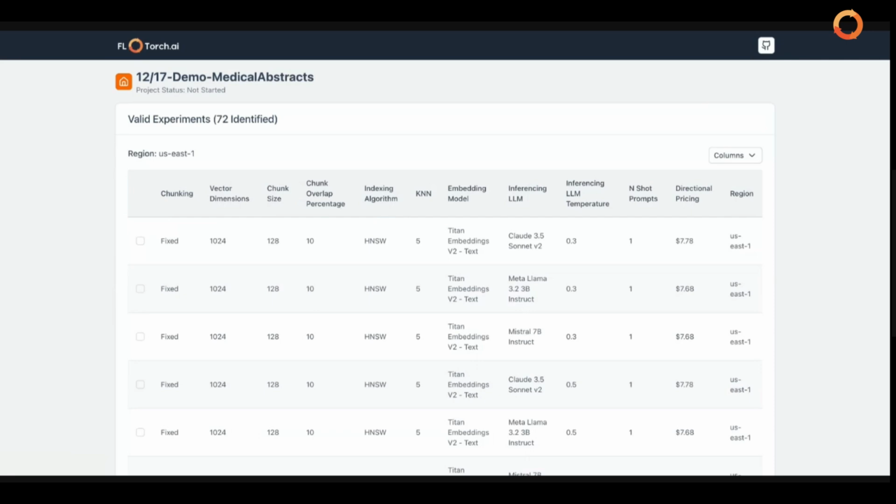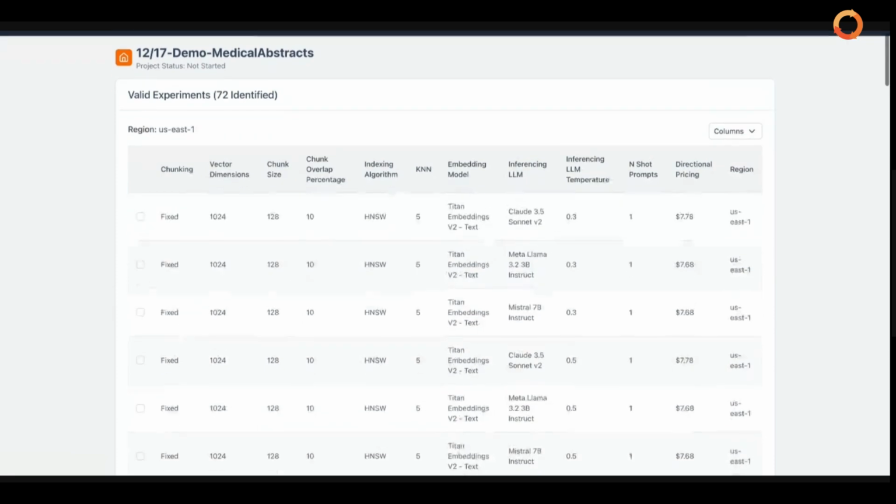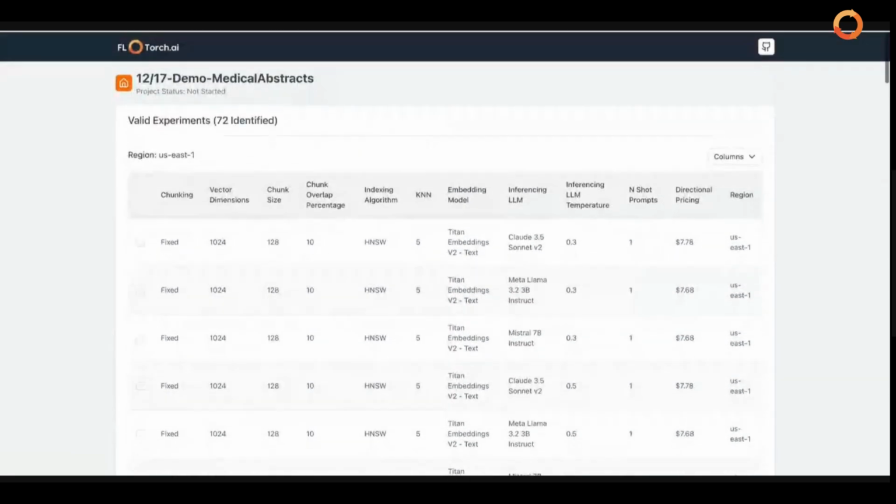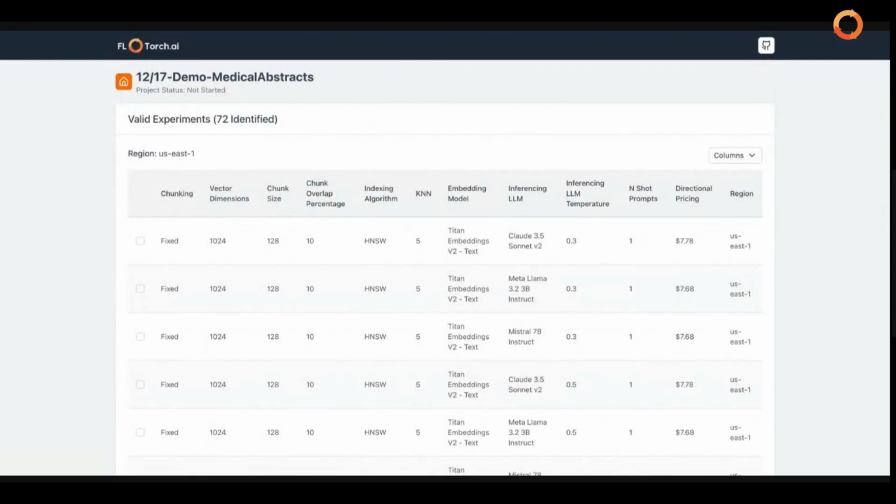So what we are doing after the user makes all these selections is trying to see what would be valid combinations, and out of all the possible combinations, we are coming back with the valid experiments. So what you see here is, based on the selections which we have made, the valid experiments that came back from our rules engine. We have chunking, vector dimensions, chunk size, overlap percentage, all the parameters which you have selected as part of the previous screen, and the additional information of pricing. So what this means is how much would it cost